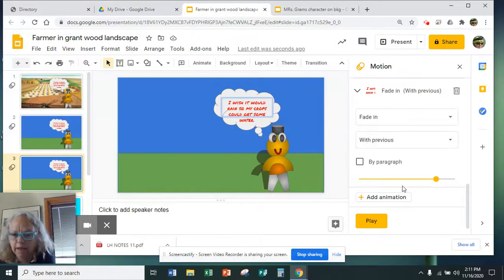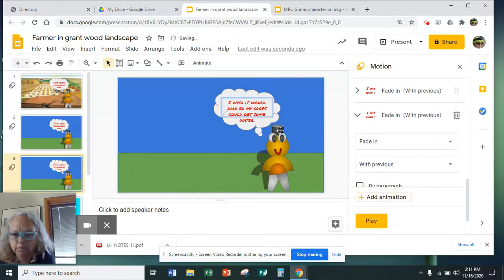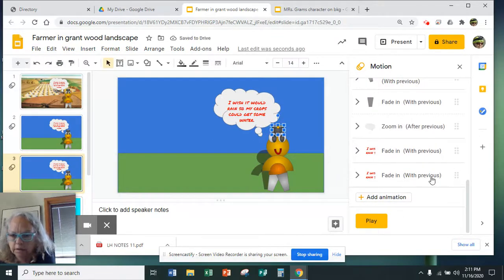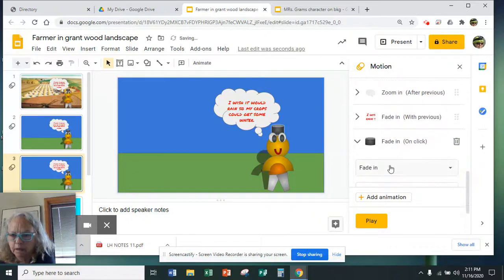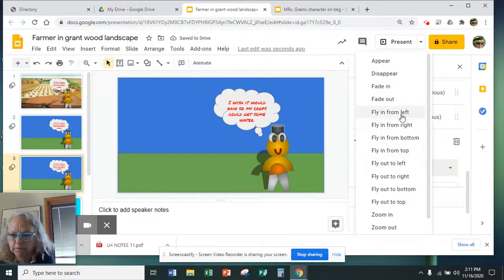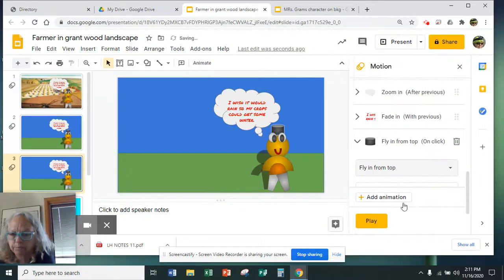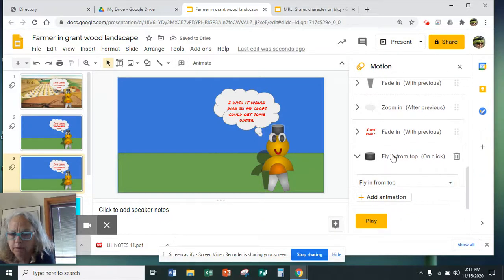I'm going to have the hat. No, I want the hat. Okay, that I've got to trash because I accidentally made a copy of it. So I want the hat. I'm going to add animation. And that's going to fly in from the top. And when is that going to happen? I think that will happen